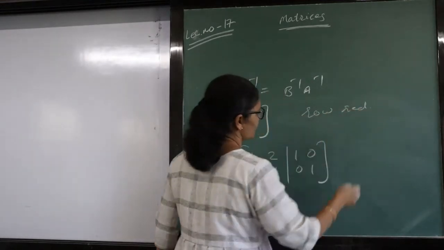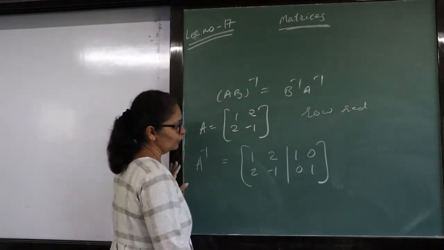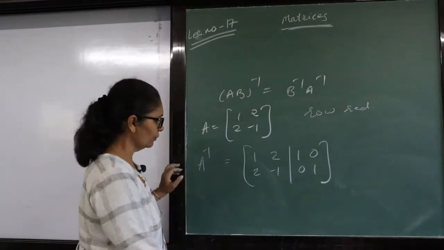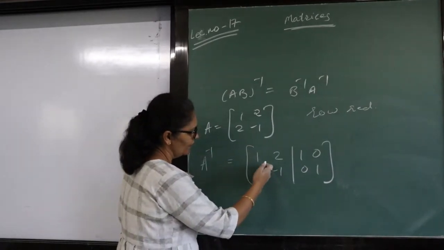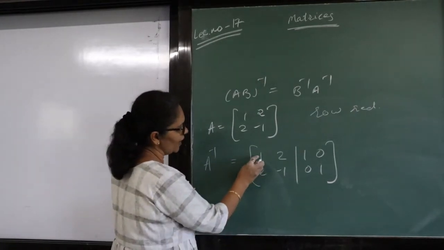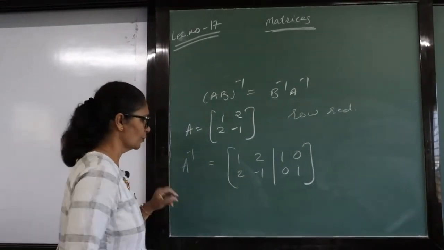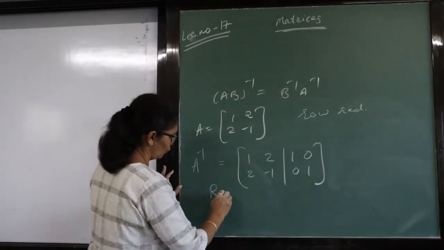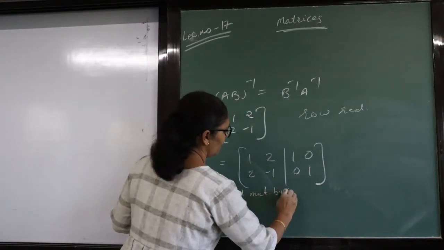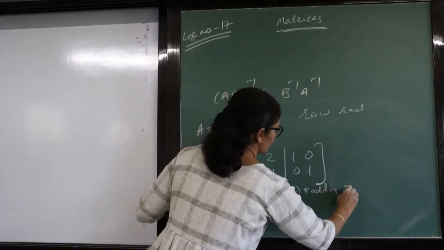What is your row reduction method? Now that is the important thing. Just now I show you. What I want to do, I want here 1, here 0, here 0, here 1. So first what I have to do, I have to eliminate these 2. Means I have to make it here 0. Okay, how can I make this 0? If I multiply first row with 2 and I subtract from this, then I can make it 0. So how can I subtract it? Our row number 1 multiply by minus 2 and add in second row.